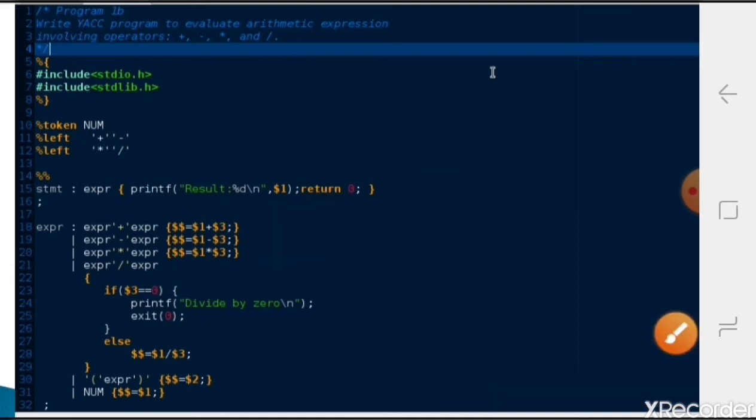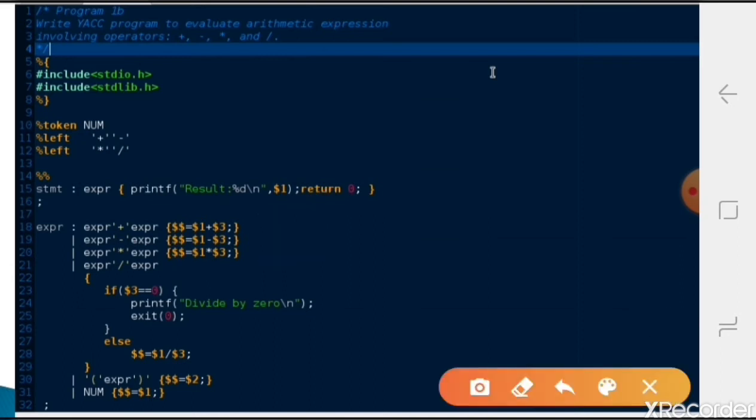To avoid that exception, we check whether $3 is equal to 0 or not. If it is equal to 0, we print a message saying we can't divide, then close the program with exit 0. If it is not equal to 0, then we simply divide.